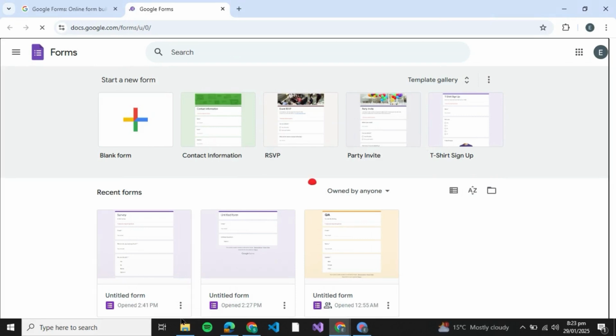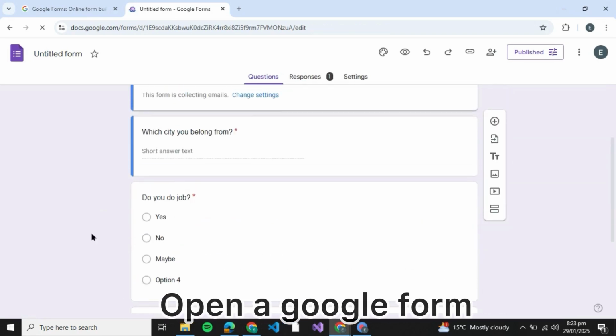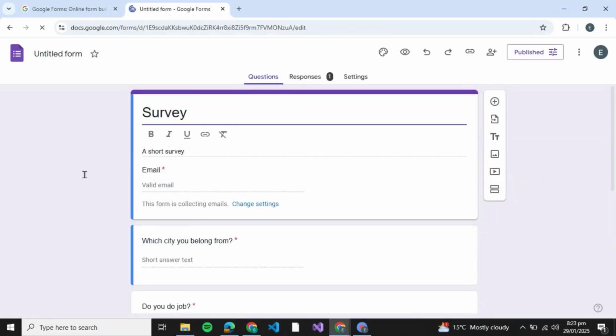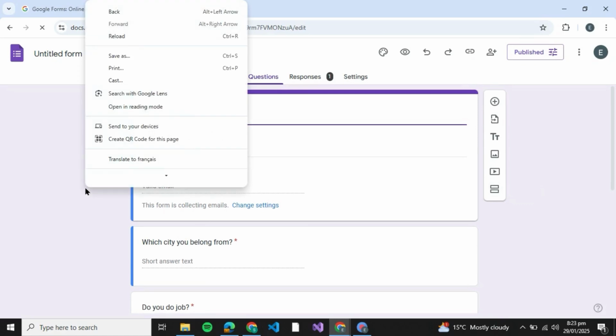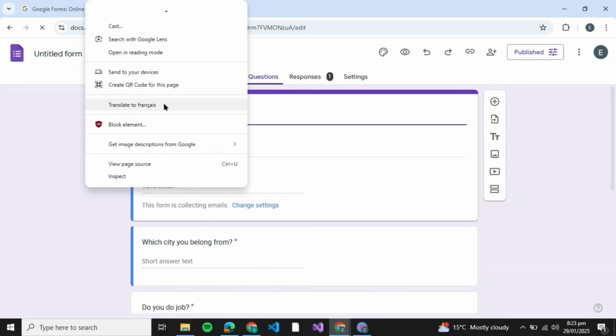In today's video, I'm going to show you how you can change language of Google Forms. So let's get started. First of all, you got to open a particular Google form for which you wish to change the language. And you can see that this form was originally created in English language. So what you're going to do is right click, and here you're going to find the option that says translate